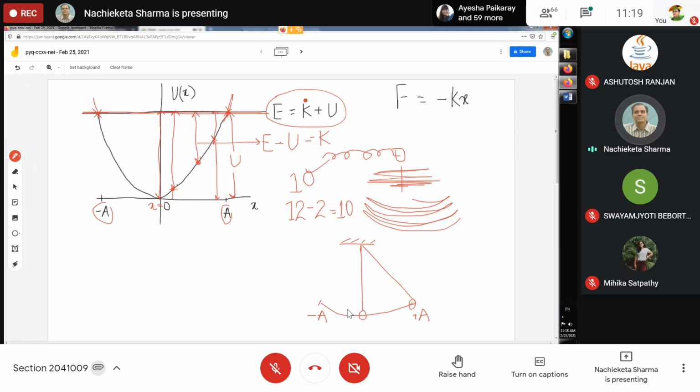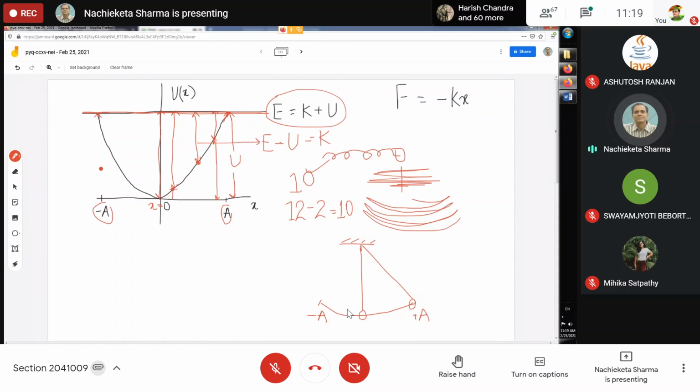That's why this graph cannot exceed after crossing this. So the last point is that it has to cross and stay there. It cannot go up. So that is one part. And where it crosses also defines your amplitude. Wherever it crosses, just measuring the distance from this point to the other point, you can find the value of the amplitude.